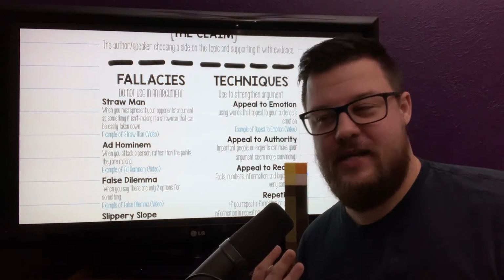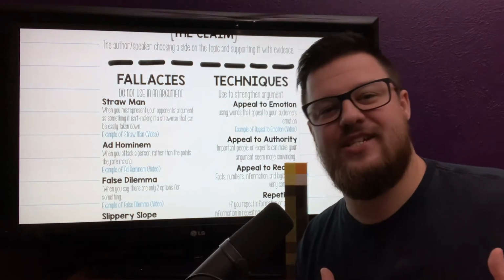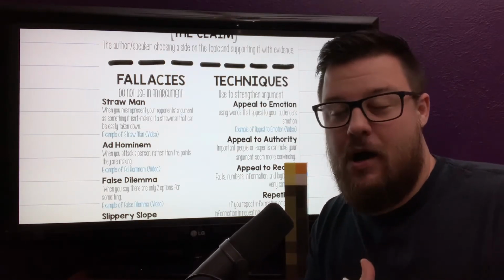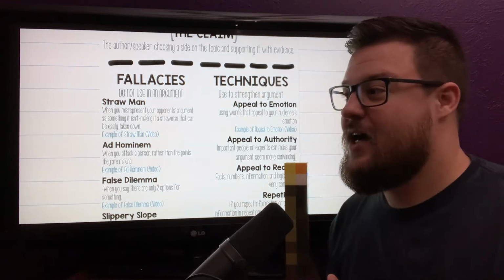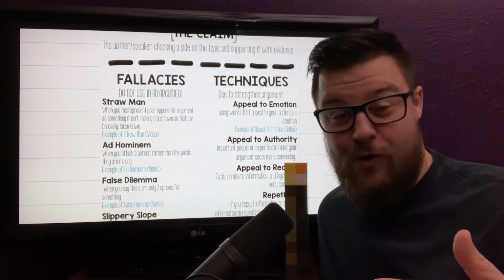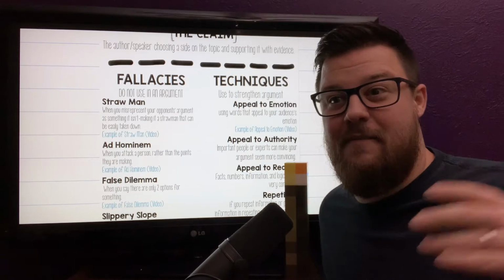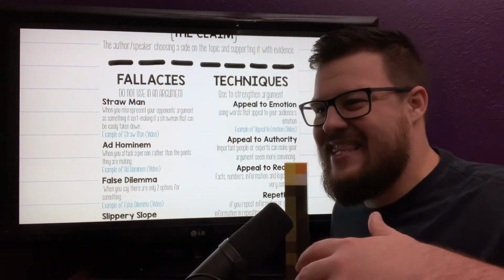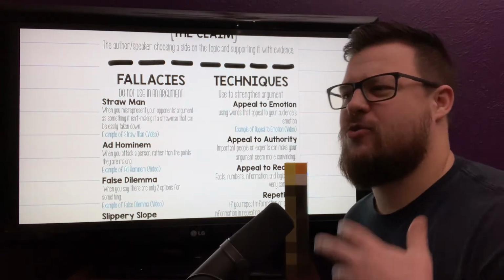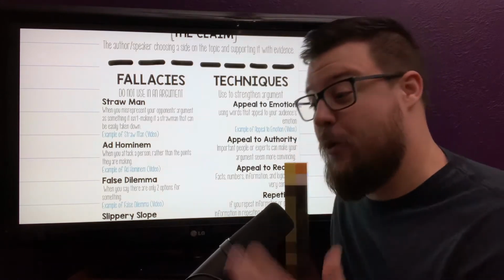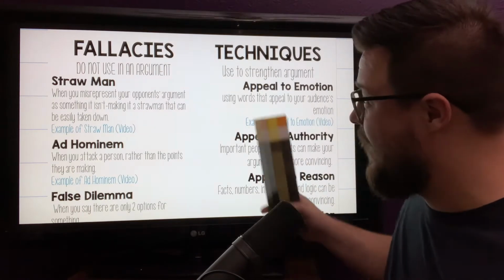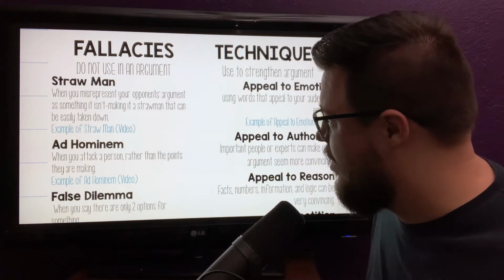And fallacies are really common in arguments where people don't understand what they're actually talking about. So that is usually an error built upon ignorance of a topic or something like that. But also, intelligent people make fallacies all the time. If you ever watch a political debate, for instance, fallacies galore, and they're some very educated people. So it's not that you shouldn't make fallacies because you are going to. It's that you should try to avoid them when you're thinking about your argument, when you're preparing what you want to say. So we're going to look at these one by one, and then we're going to break them down based on an example.